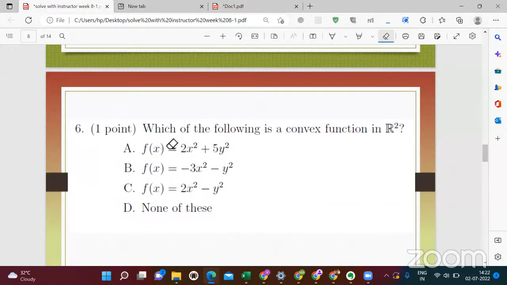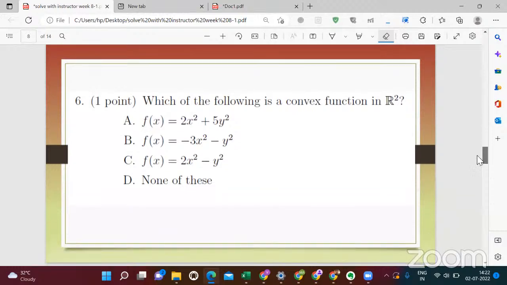Which of the following is a convex function? And tell me also, every time you'll get some matrix or some equation, how will you find that? Everyone knows how to calculate the Hessian matrix, but you'll get the problem. Not in this quiz, but next quiz for sure you'll get some problem on the convex function. So first tell me the answer for this in 1-2 minutes, and then also tell me how to calculate the Hessian matrix if you have been given some difficult problem.